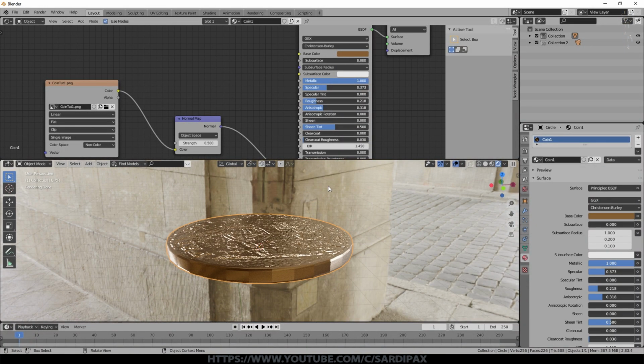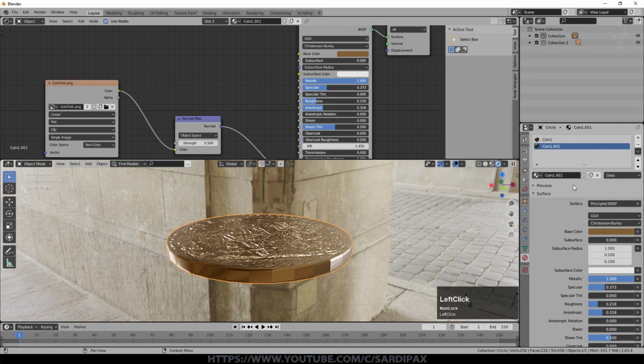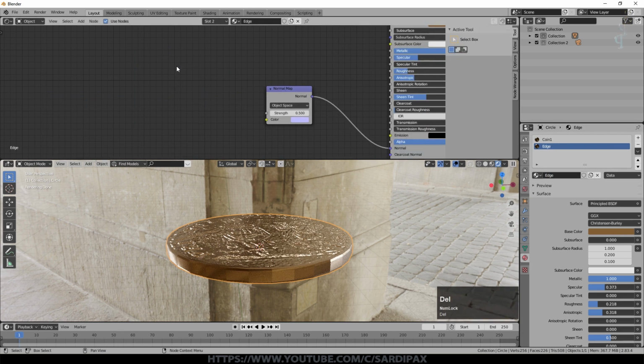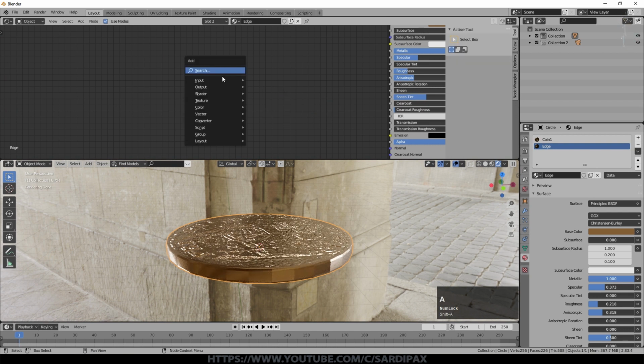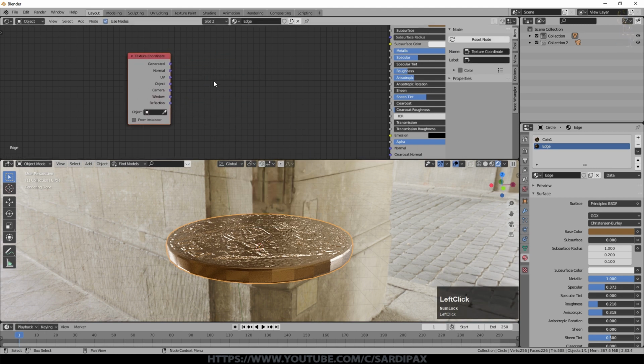For that I'm going to create a new material based on the coin material, but we'll click this so that it's unique, and we'll call it edge. For this one we don't need that texture obviously, and we don't need the normal map. So I'm going to add an input, which is texture coordinate, because I haven't unwrapped that.